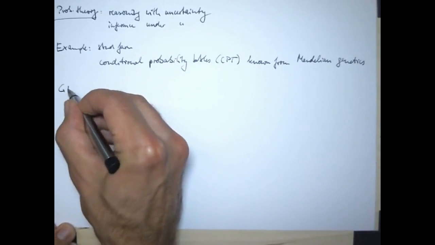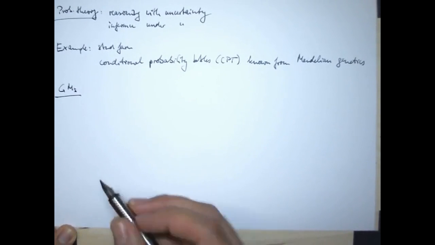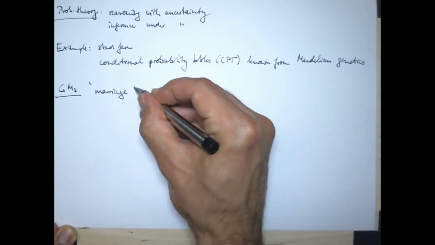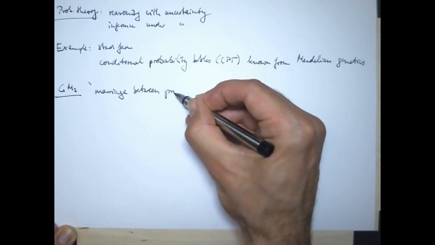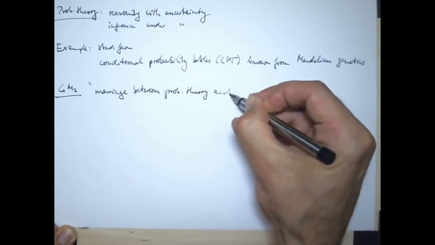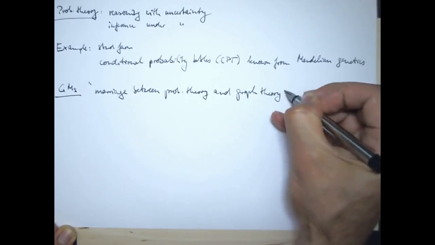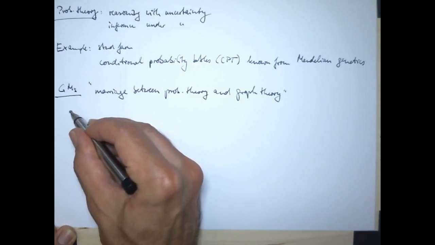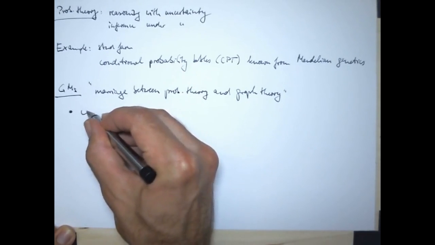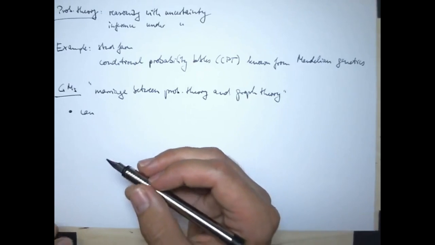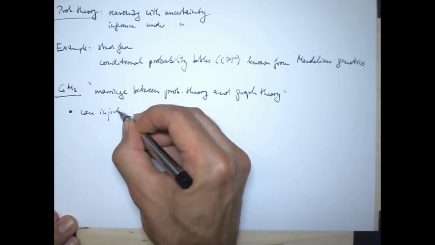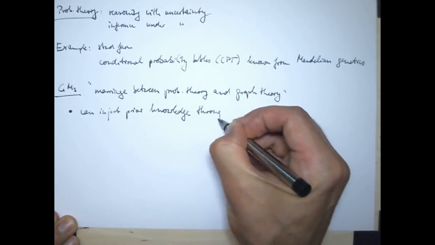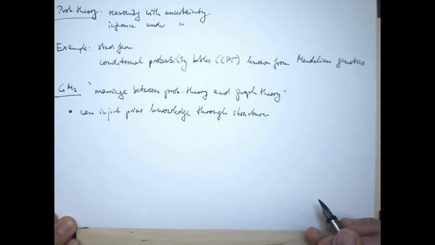So graphical models, in the language of Michael Jordan, are the result of the happy marriage, he doesn't say happy, between probability theory and graph theory. So a couple of comments on why these are interesting. They offer us a variety of ways of injecting prior knowledge. We can inject prior knowledge through the structure of a graph,